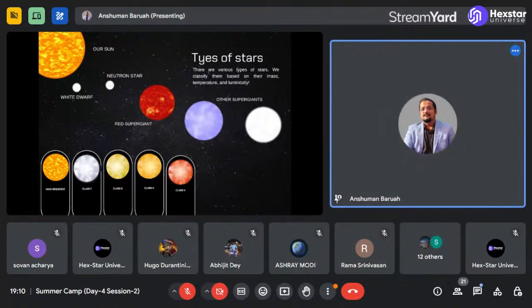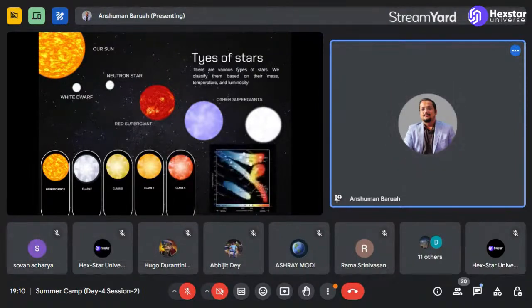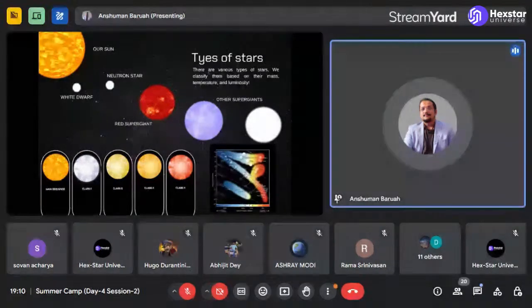These classifications are obtained from what we call the Hertzsprung-Russell diagram, or the HR diagram in astronomy. It is basically a graph where you plot the temperature and the luminosity of stars. There is a very nice plot that you get, and you can classify stars from O to the lesser radiant luminosity stars based on the behavior that you observe in the Hertzsprung-Russell diagram.